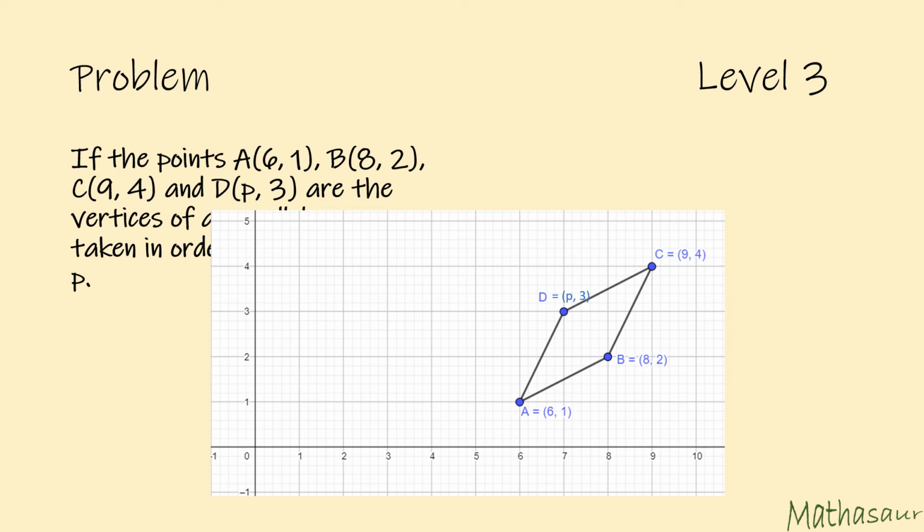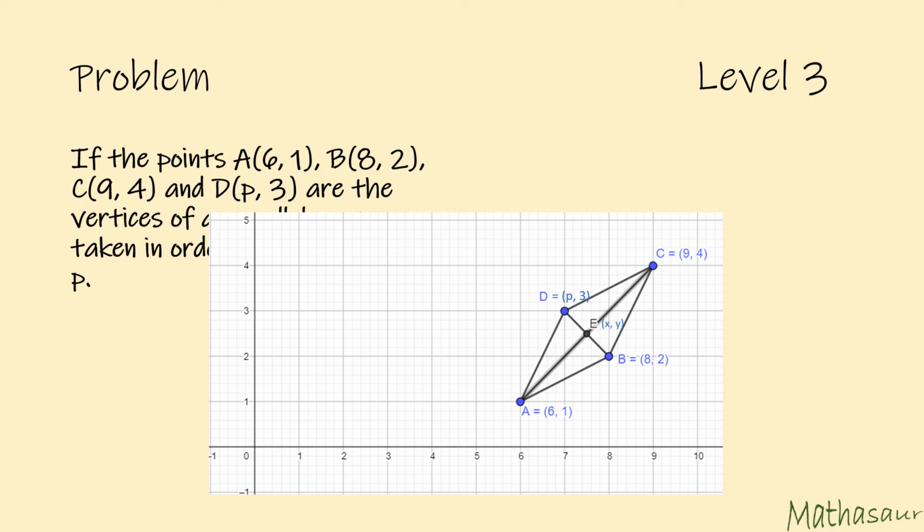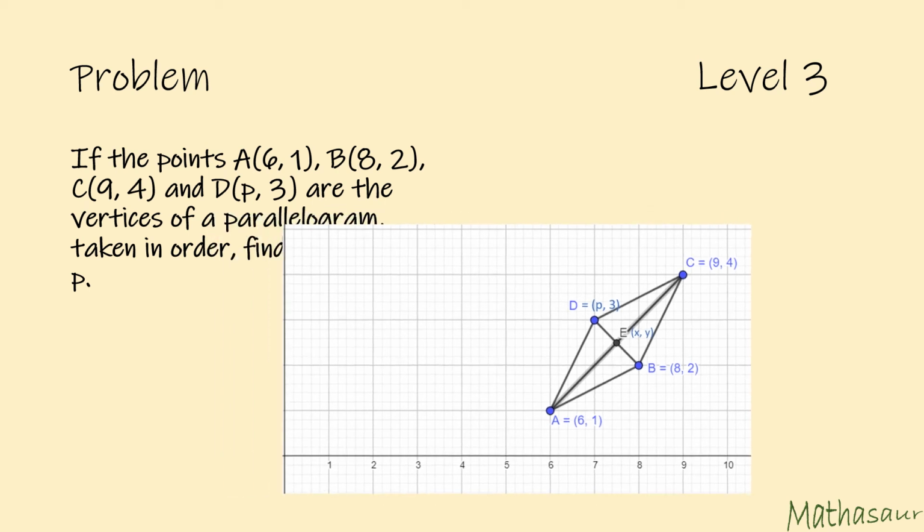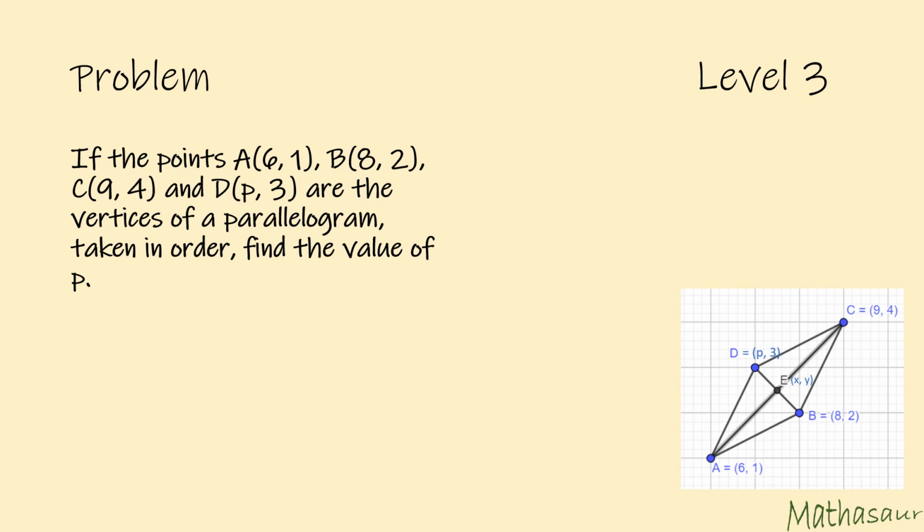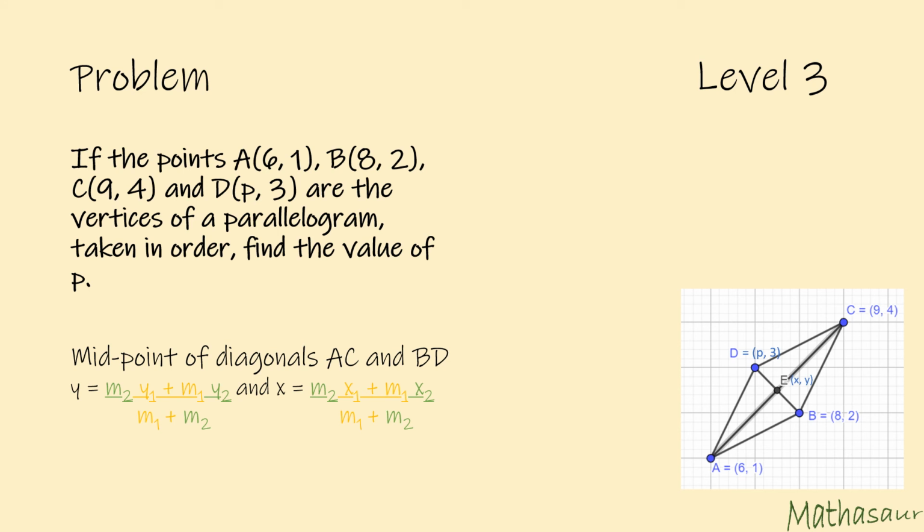We know that the opposite sides of a parallelogram are equal. We know that they are parallel. But how do we use the section formula here? For a section formula, a segment needs to be divided into two parts. Why don't we try to draw the diagonals? The diagonals BD and AC would intersect at a point E. Now we know that the diagonals of a parallelogram bisect each other. Hence, E would be the midpoint of these two diagonals. Now let us apply the section formula for both these segments, AC and BD. Since E is the midpoint, we would have m1 is to m2 equals 1 is to 1 for both the cases.